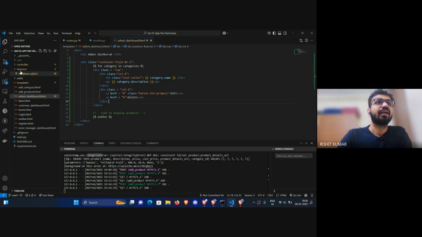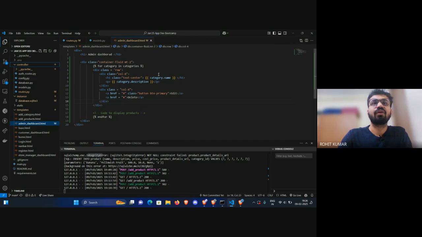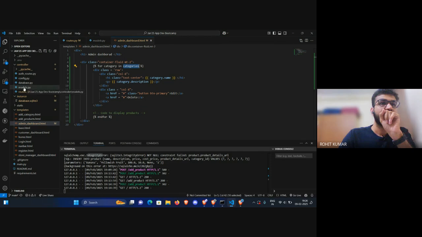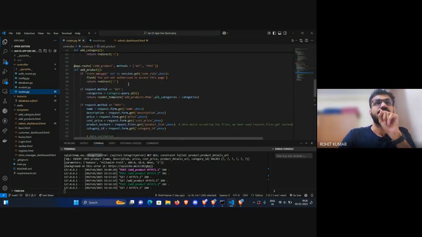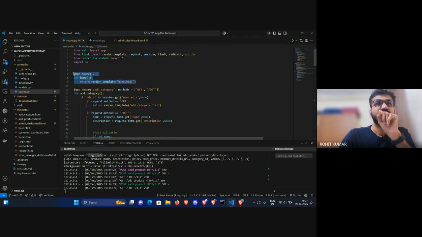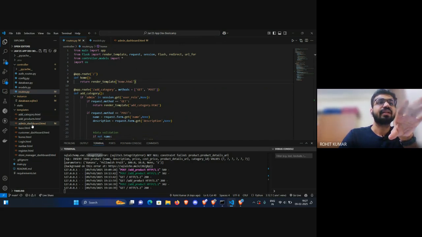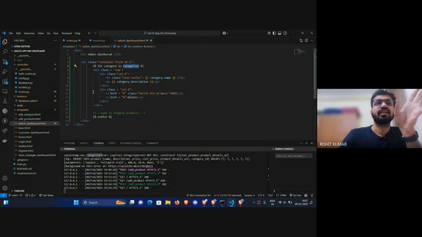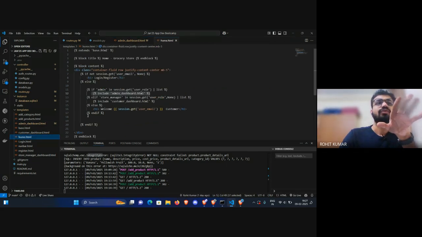Also, we'll create one of the endpoints to display the admin dashboard, or we already have this admin dashboard, but we need to make some changes now, because we need to send this categories information. If you look at your routes.py file, which is the route responsible for displaying the home page, we are not sending any data here at this particular point. It just renders the home.html file. But this home.html file does require the data, which is the categories variable which has been used in the admin dashboard, right? So this variable is not accessible in home.html. So for that, what we can do,